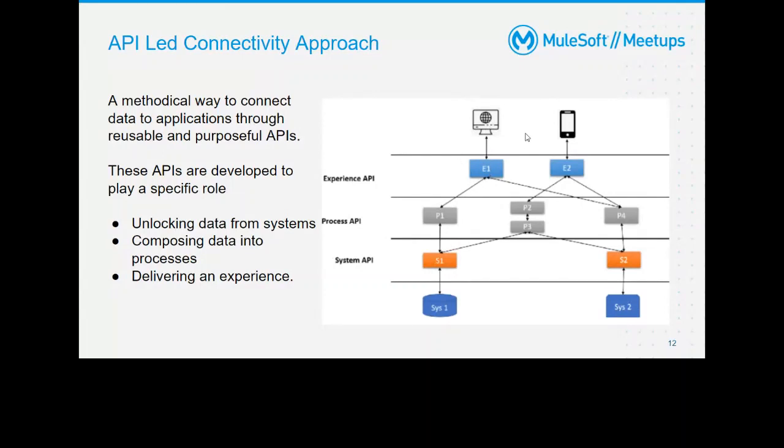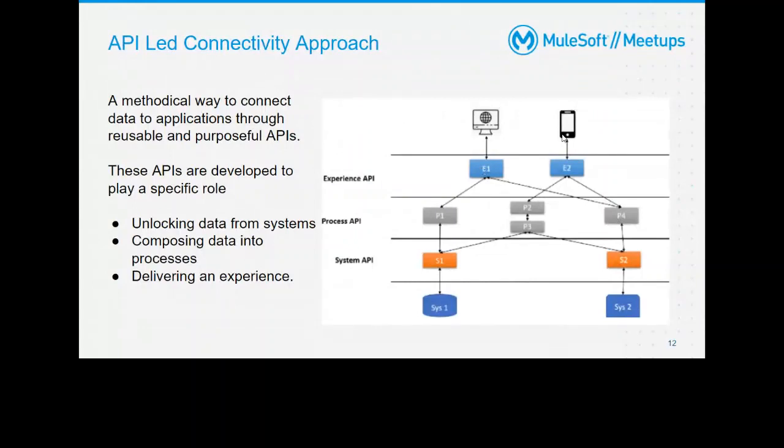Now, next time, if the client says, hey, I would like to have a mobile application for the same business, you do not need to create everything from scratch, because your system API and process API would be the same. The same system API and process API you can reuse, which were created for your web-based application, because at the end of the day, your data and your logic are going to be the same. All you have to do is focus on your experience API. So don't you think you have eliminated all the donkey work, and you are able to cater to your customer in the fastest way possible? This was the idea of the new IT operating model, which can be implemented using the API-led connectivity approach, the concept of